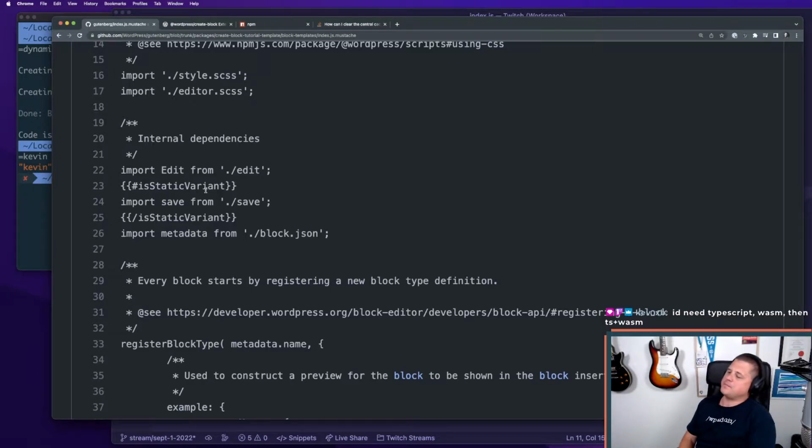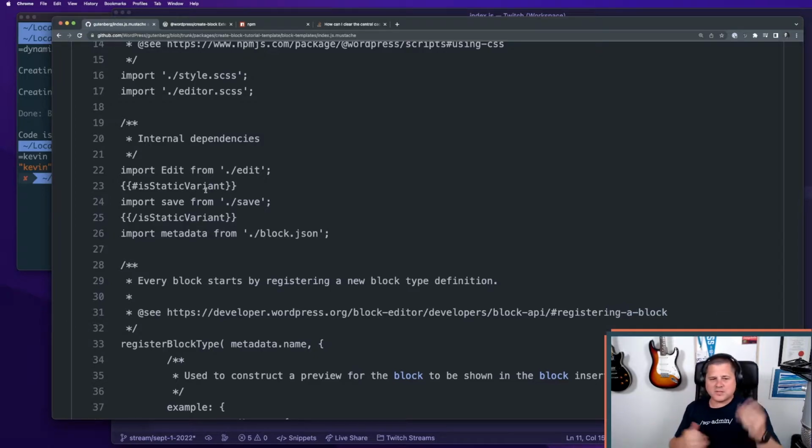I mean, there is some discussion. Greg and I were talking about this, and the concept of static block versus dynamic block is almost separate from the idea of TypeScript, because you might need a TypeScript-based static block or a TypeScript-based dynamic block, right? So should those things be separate? We have a variant and then you have a type, right? So you have a static block as a type and then a variant of TypeScript. I mean, we can accommodate all of those now by doing what we're talking about here. So yeah,